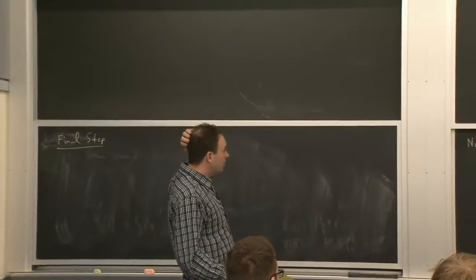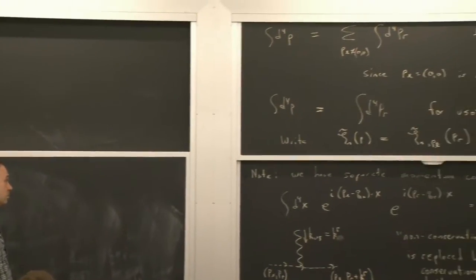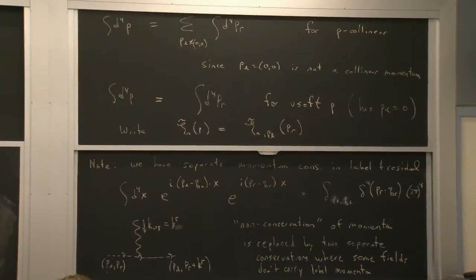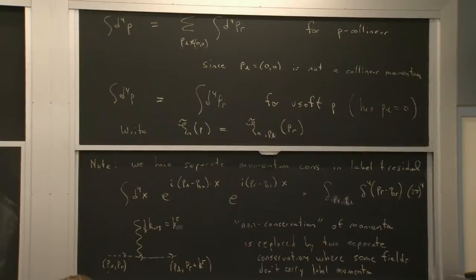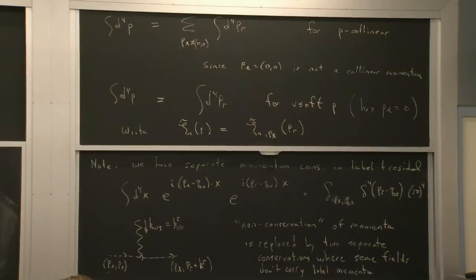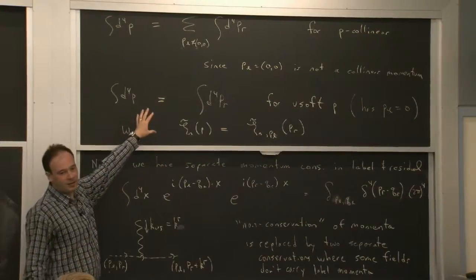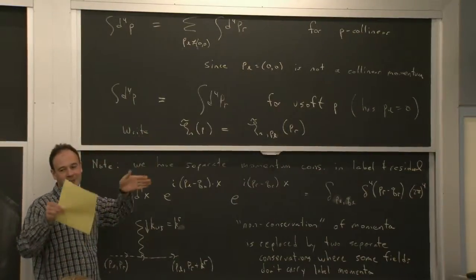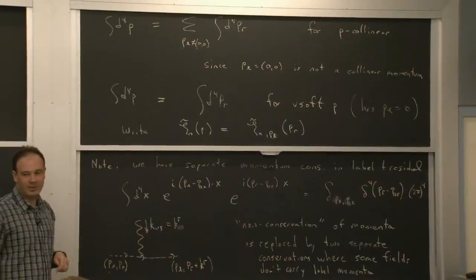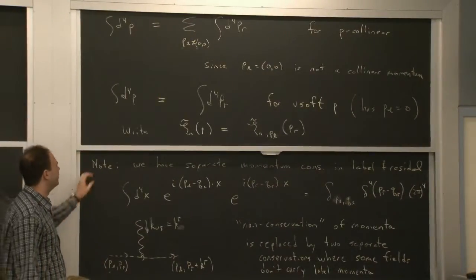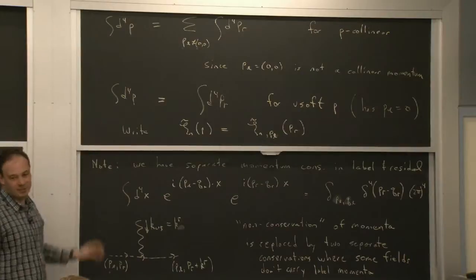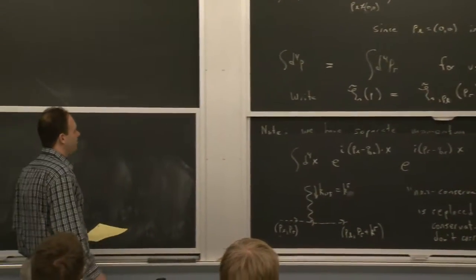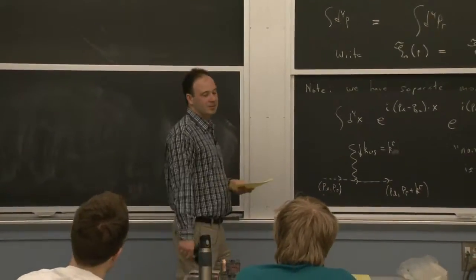Yeah. So are you bounding the d4PR by lambda squared, or is there some reason why the integral should fall off before you get there or something? Yeah, we're going to talk about that. So far, this is just notation. If you think about it from this grid picture, you'd think about some hard walls put in. That's not quite the right way of thinking about it. It's actually not right for several reasons. But we will come back and talk much more about what the right way of thinking about it is. But the physical picture that you're in this box is the right way of thinking about it.